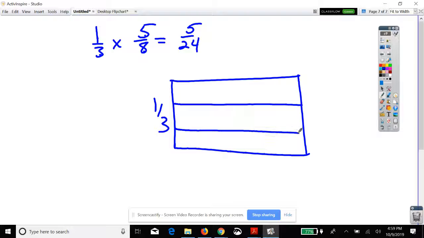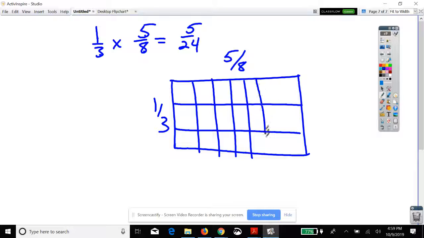into three equal pieces. And then 5/8 is breaking this into eight equal pieces. Okay. And then you color in the correct amount. So here I've got 1/3, so I'm going to color 1. And then here I've got 5/8, so I'm going to color 5. Actually, let me do it in highlight. So I'm going to color 1,